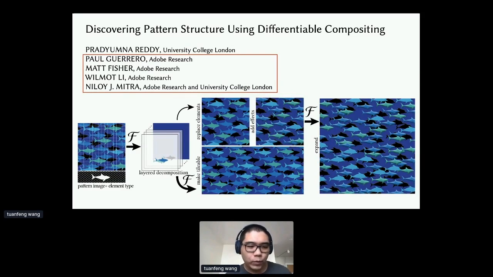What we did is, once you provide the pattern image and also the element type, we can automatically detect the elements from the pattern and understand the layered relationship between them, like which one is in front and which one is in back, and what's the relationship between them, and how the patterns are structured. So by doing that, we can somehow understand this pattern and enable very efficient